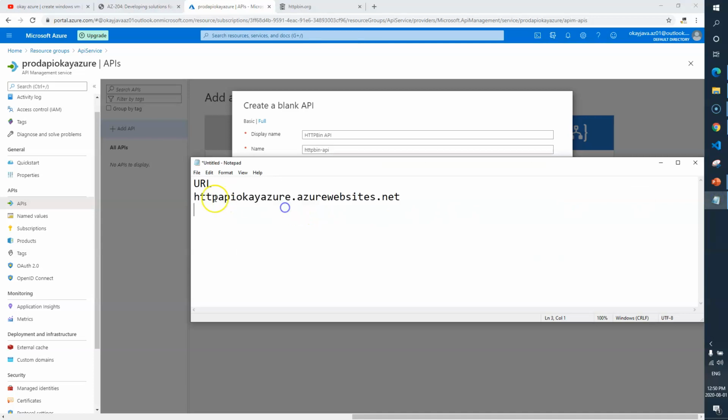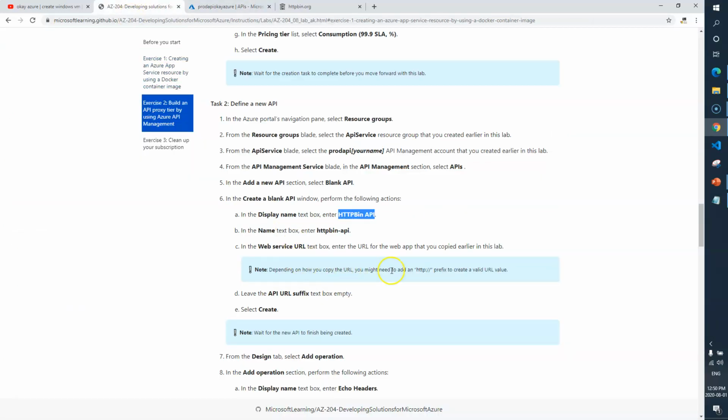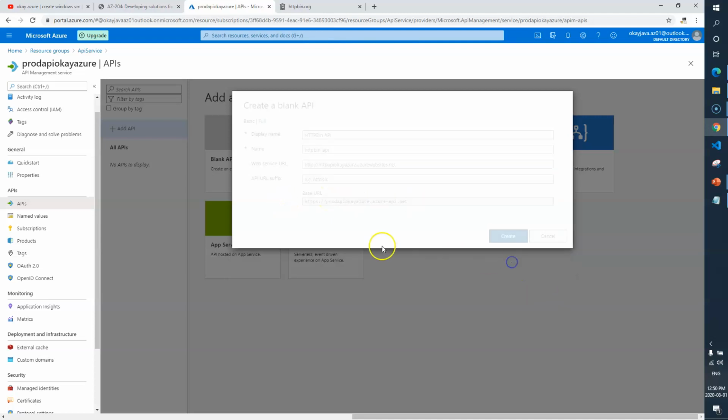Let me just copy. Okay, perfect. So the problem is we need to add HTTPS. Let's go back. It says that you might need to add http colon double slash. Okay, just http colon double slash. Should be okay now. Click on create.